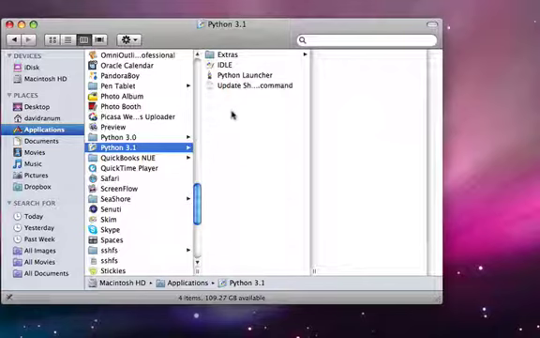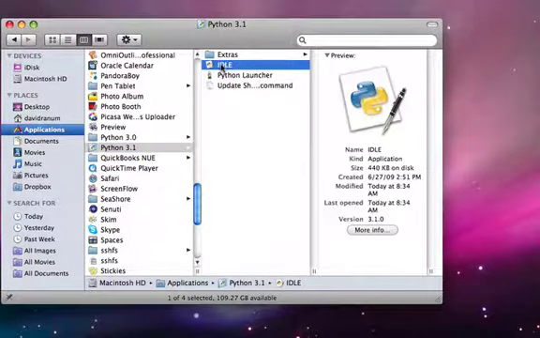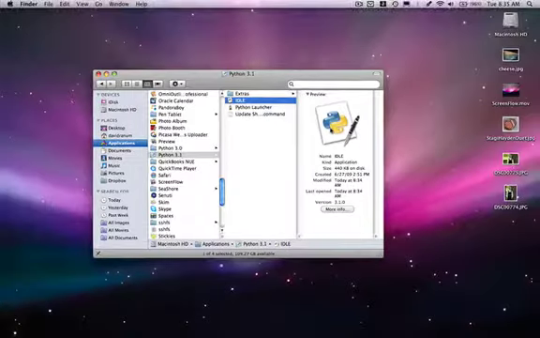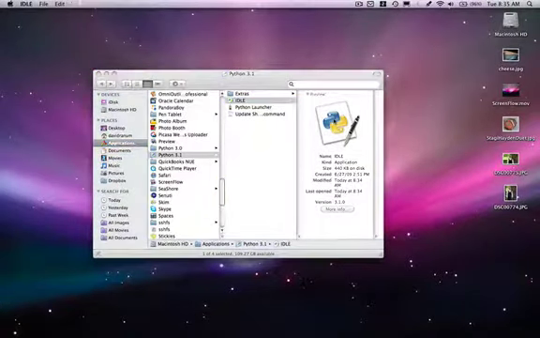And you can see that in Python 3.1 there are a couple of different entries. One is called idle. Idle is the integrated development environment, and that's what we will most of the time be using. And the other here is simply the Python launcher, which is going to launch the Python shell. Let's just test this out to make sure it's going to work. So let's start idle, and you can see it's an application. Double click on that,